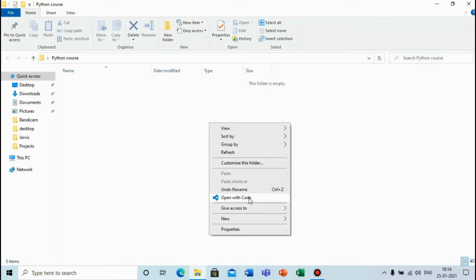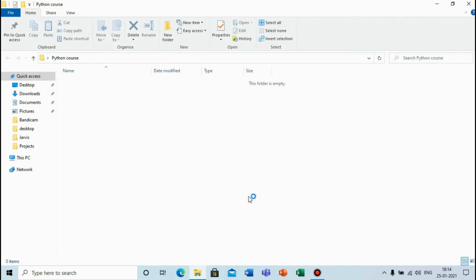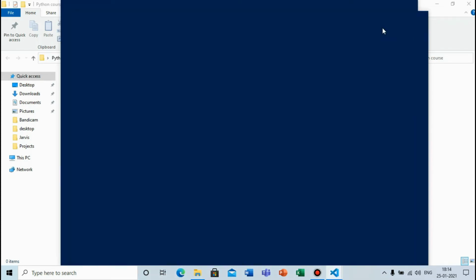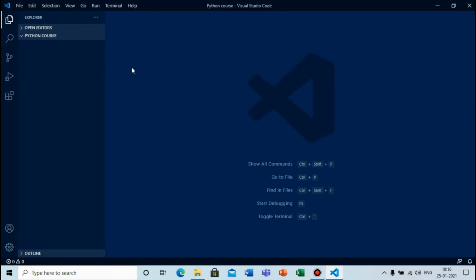Click on it, and your folder will open in Visual Studio Code, in which we will be writing our Python programs. We will always use Visual Studio Code for writing our code. So our code is opening. Here you can see Visual Studio Code is open and our Python course folder is open.